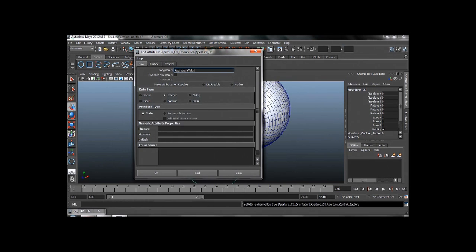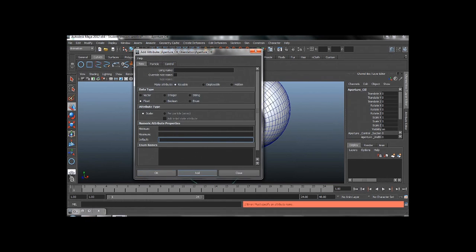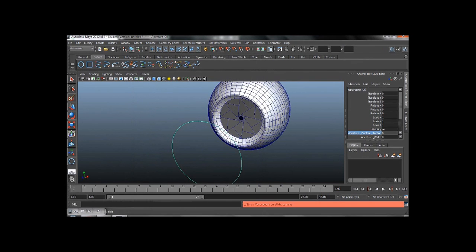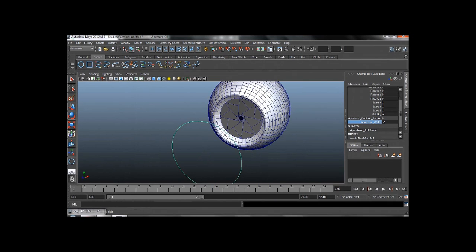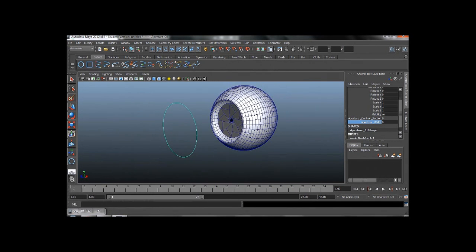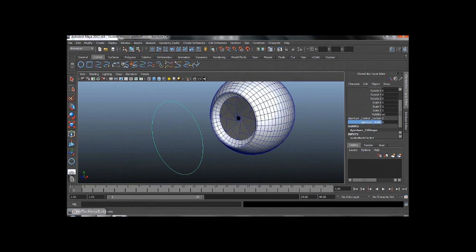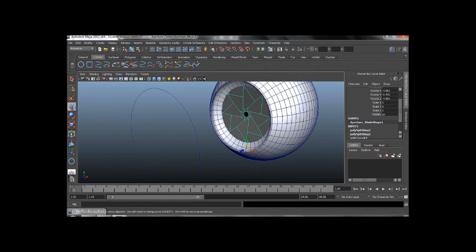So that now when I make our aperture control, aperture width, I'm going to make this keyable. I'm going to make it a float with a minimum of 0, a maximum of 10, and a default of 0. And basically, you can see this is like my header for my aperture controls, right? There's a reason why I chose 0 to 10. I was experimenting with this when I made up how to do the robot eye, and I just found that that was a good scale to use, because if I go in here and I rotate until it goes through the eyeball, I can see here,